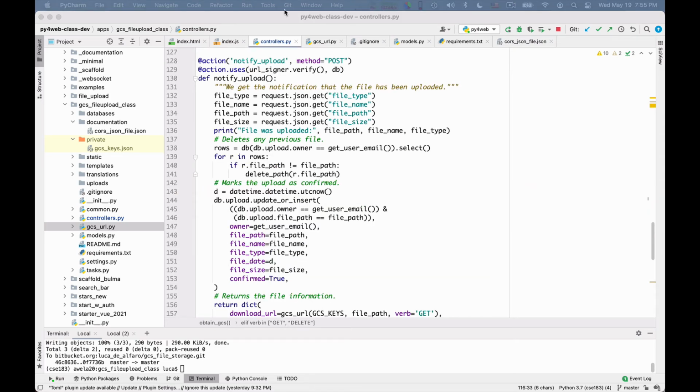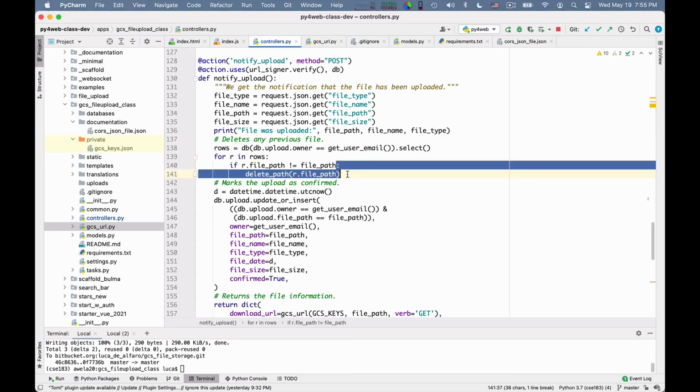The notify upload endpoint is used to notify the server that the upload went through. So you get again the information from the client about the file that has been uploaded, and then what I do is I delete any previous uploads.